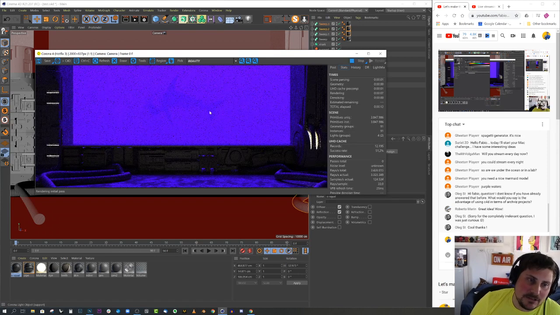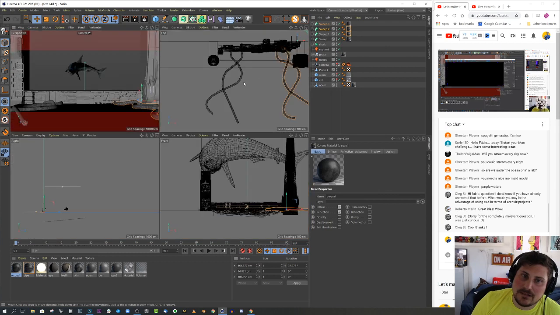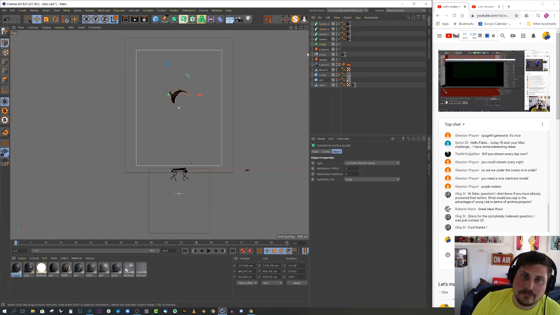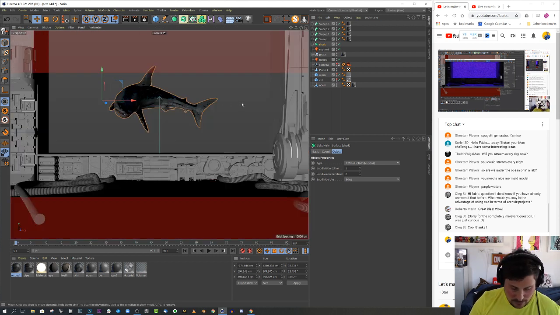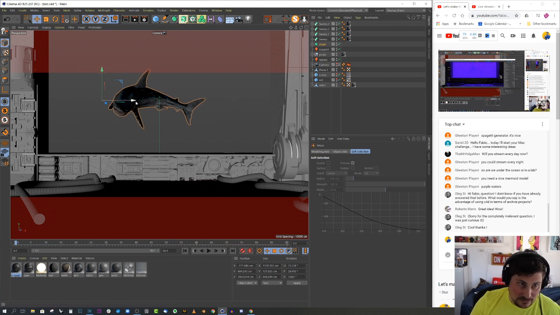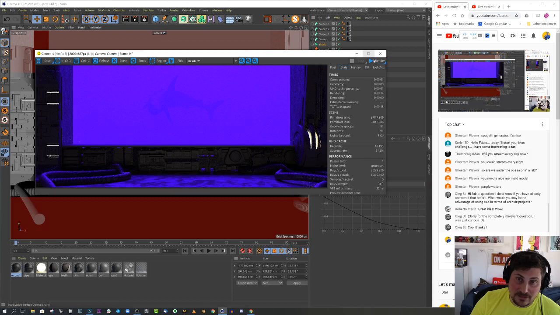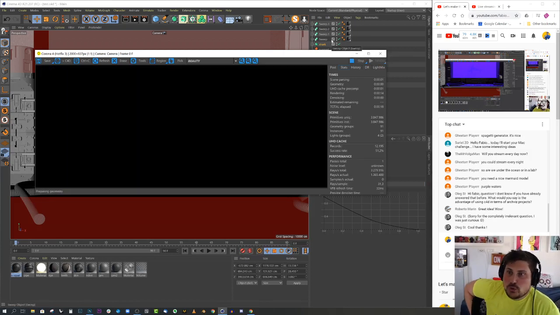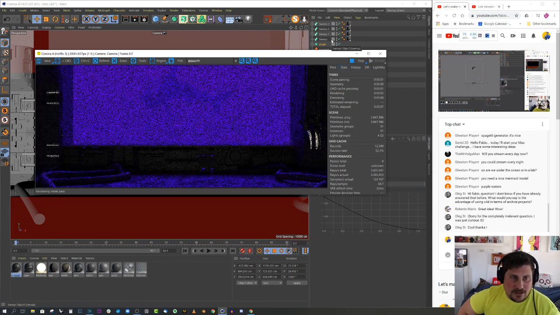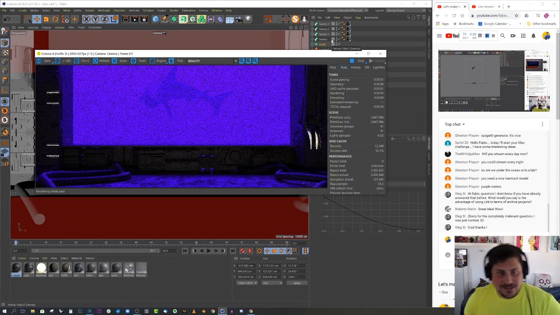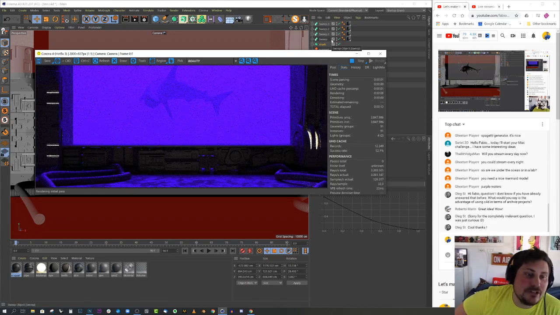Slightly better. It could be that it's a little bit too far also. Let's try and make it a little bit closer. Maybe scale it down a little bit, move it in this direction, and let's render again. Much better. Great. And then all I did was take the computer that I made, the model of this